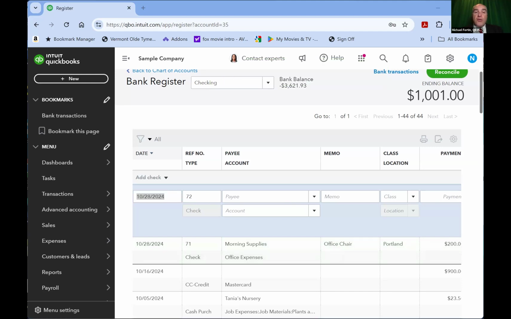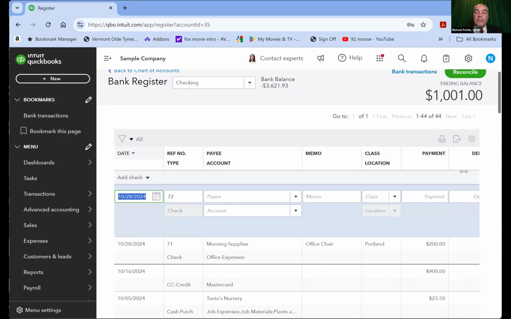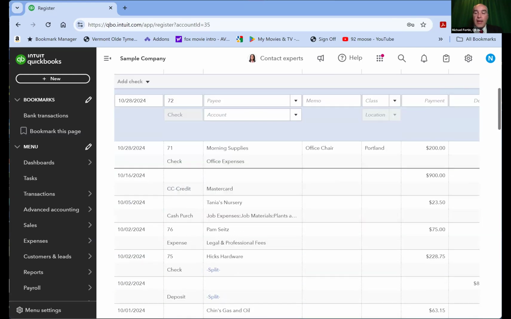All right. So what I can see, let me back up here. So what I can see is that in the checkbook, I have my ending balance, $1,001 in this account right now. And let me open this up a little bit.